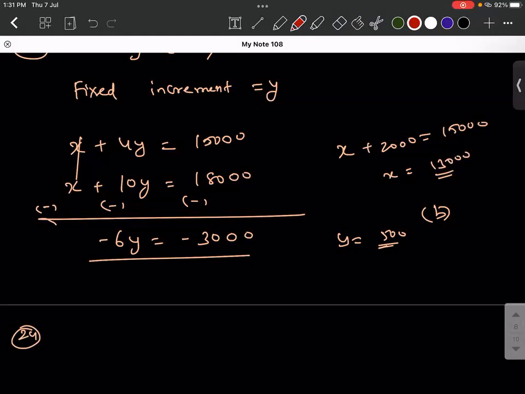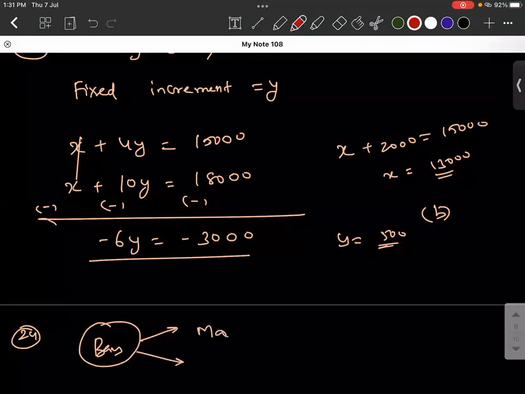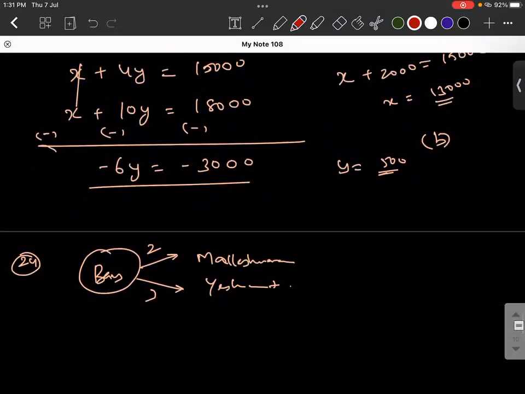24th. From Bangalore bus stand, if you buy 2 tickets to Malleshwaram and 3 tickets to Yeshwantpuram, the total cost is rupees 46. So you have Bangalore bus stand here. Bangalore bus stand to Malleshwaram and Yeshwantpuram. Here you buy 2 tickets. Here you buy 3 tickets. Okay. So let the cost of each ticket be